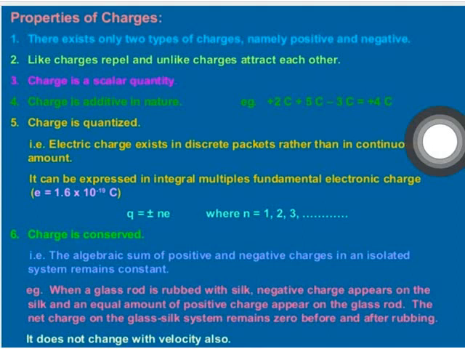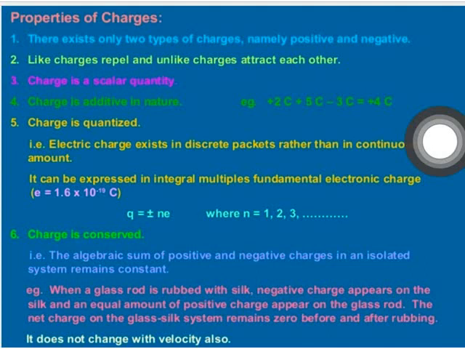The second basic property of the charge is quantization of electric charge. That means the total charge of a body is always an integral multiple of a basic quantum of charge e. Mathematically, Q is equal to plus or minus n e. Here n takes values 0, plus minus 1, plus minus 2, plus minus 3 and so on.